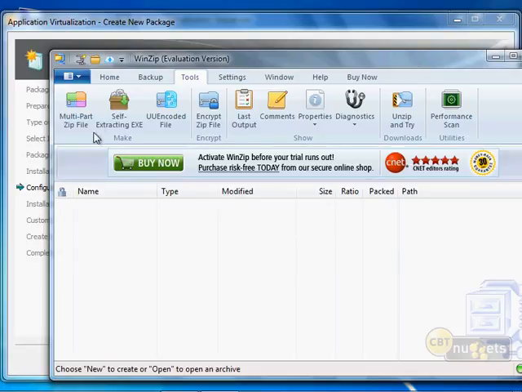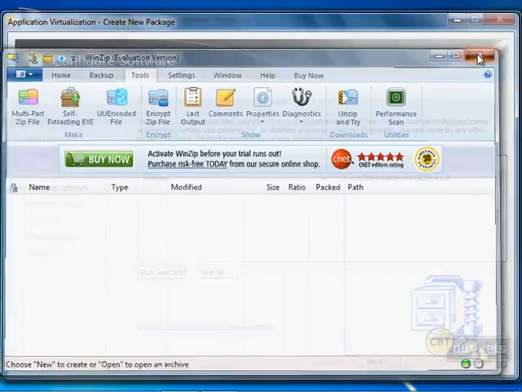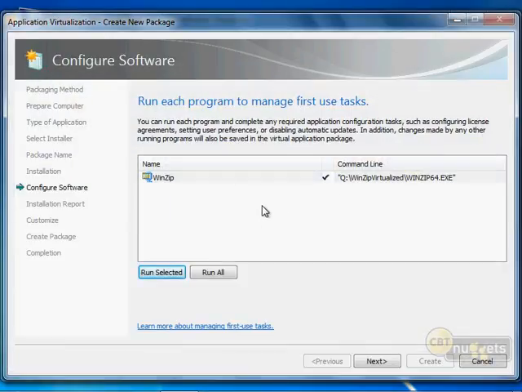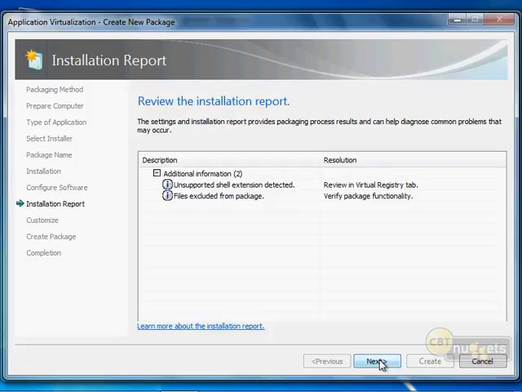So once you've done clicking through here and executing various functions of this tool, close down the tool, and that returns you back to the app virtualization sequencer tool. You'll notice now that we can actually get to the next step because we've actually executed the program at this point. This allows us to go and add those additional functionalities, the additional capabilities into the package, and then gives